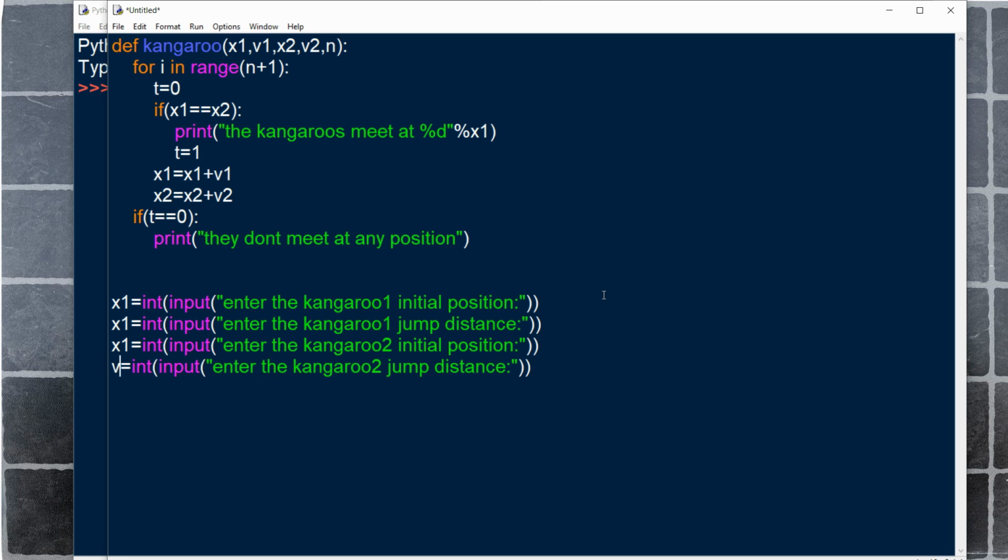The variables are v2, x2 and v1. So we need to get another parameter, that is the number of jumps.